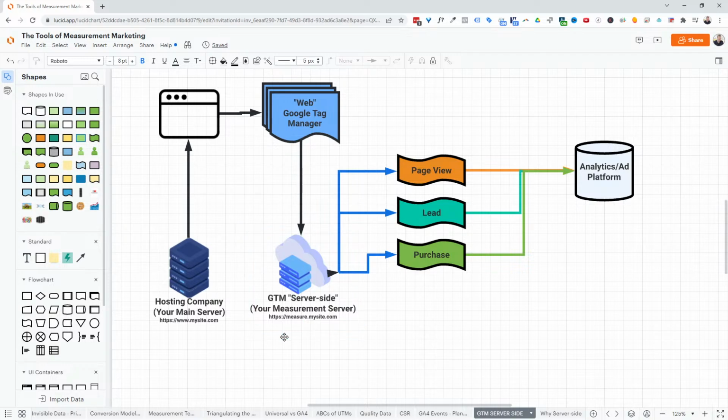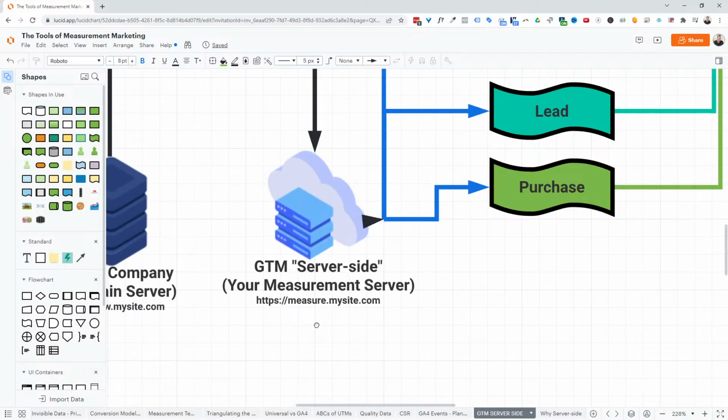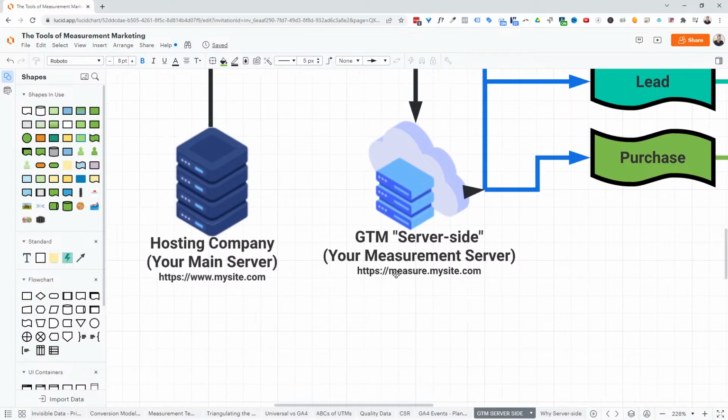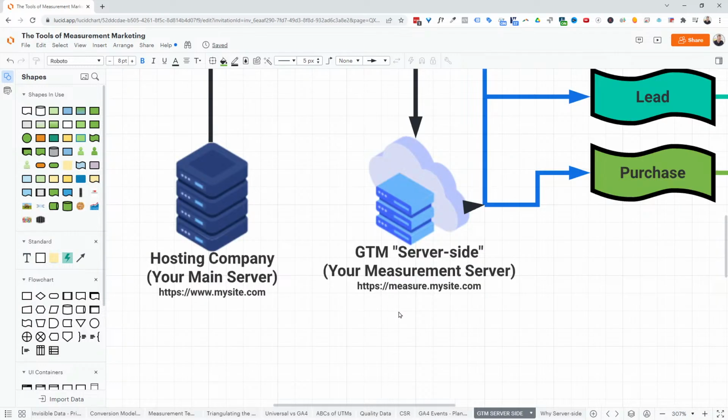The other thing, and I'm going to zoom in here just a little bit so you can see the difference. Look at this. You can create the domain for the server, right? The important thing is now it's mysite.com that they're loading in your browser. And then you do a subdomain, basically. So it'd be like measure.mysite.com or something like that. So when you do this, the real key here is mysite.com, mysite.com. It's the same domain. So what this means is first-party cookies. It's first-party data. That's what the data control thing is so important for, especially in the world of privacy